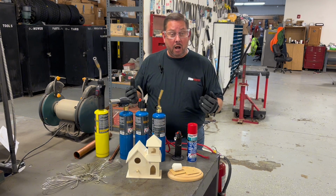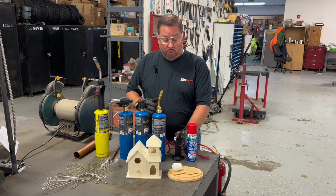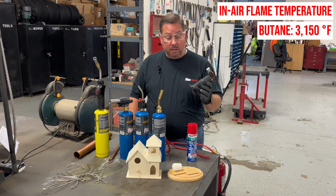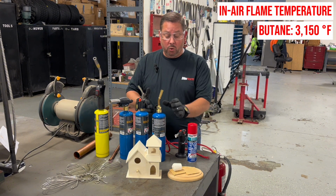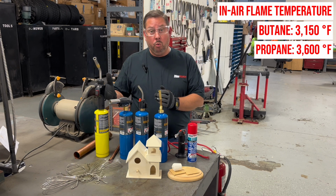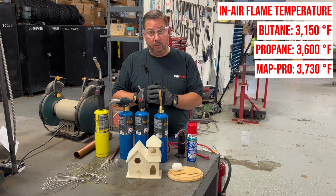Next, you want to consider how much heat output and what fuel you want to use. So if you want to use a lower temperature fuel and a smaller flame, you have your choice of butane. You can step up to our utility fuel, which is propane, or you can go up to our MAP Pro fuel, which is our hottest temperature fuel that has the most amount of heat transfer to your workpiece that you're